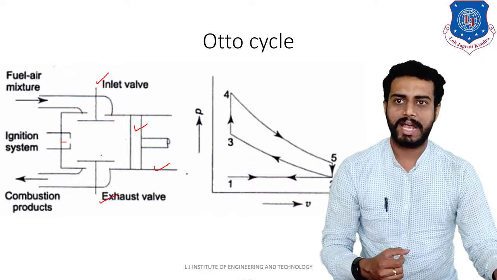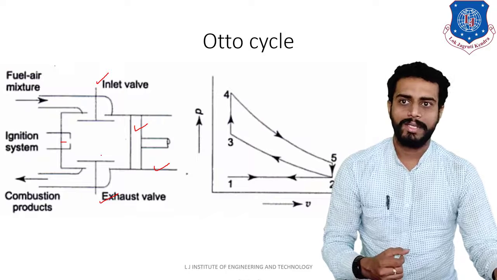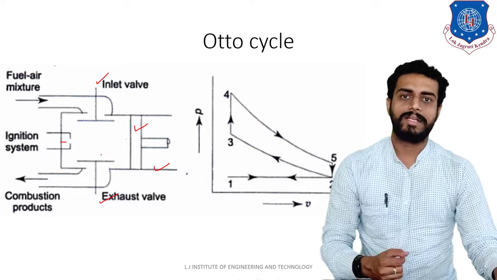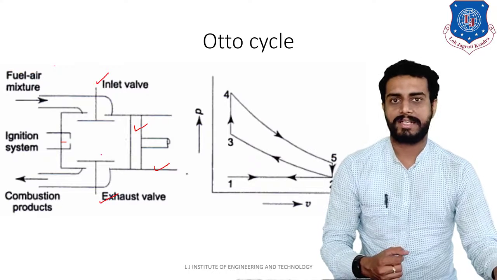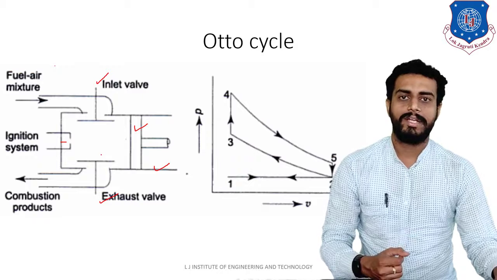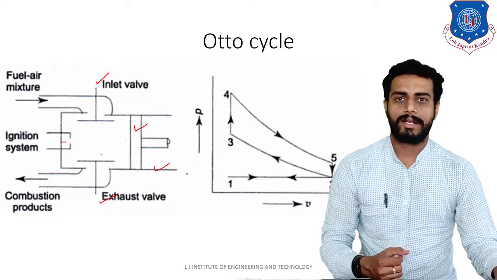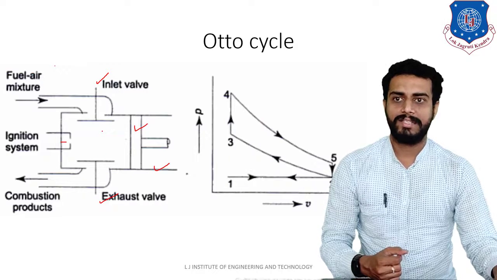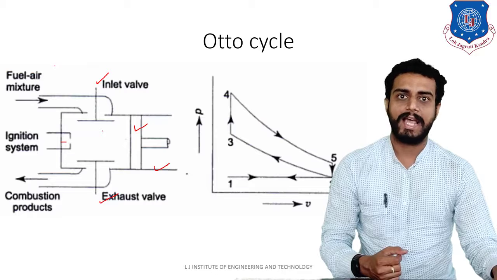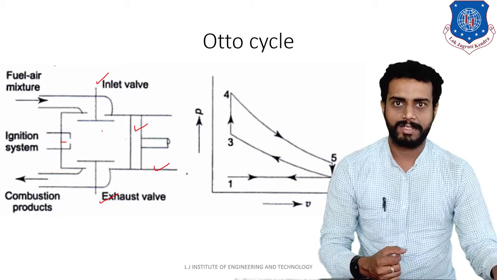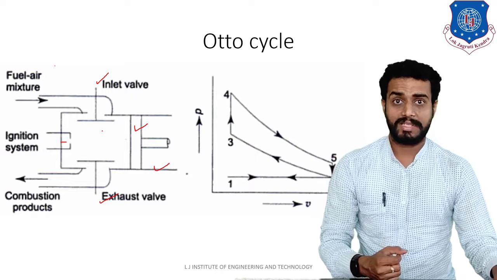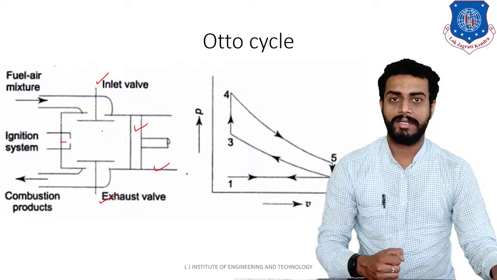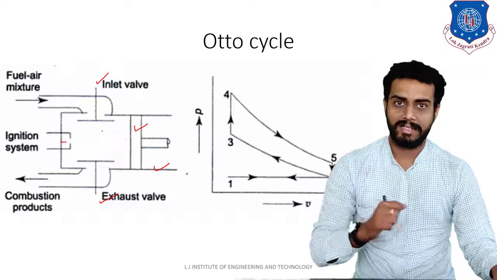So we will first understand how this cycle is working. Now remember students, this is the Otto cycle, and Otto cycle is an air standard cycle. Air standard cycle means what? It is assumed that air is used as the working fluid. That is the main assumption, and the air is an ideal gas also. That is the second assumption. And all processes are reversible, right? These are the assumptions that you have to consider regarding Otto cycle. Remember, this is an ideal cycle.